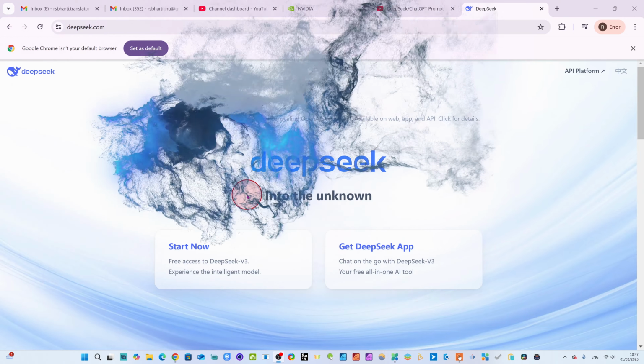Hello, dear friend. For downloading DeepSeek AI, you have to come to any browser. Just type DeepSeek AI and you will come here. You see, this is actually the official website. You see here, chat with DeepSeek AI, your intelligent assistant for coding etc. We will just click here. Once you click here, you have to log in with Google. Millions of people are downloading every moment, so it may take some time. Otherwise, you can directly log in.